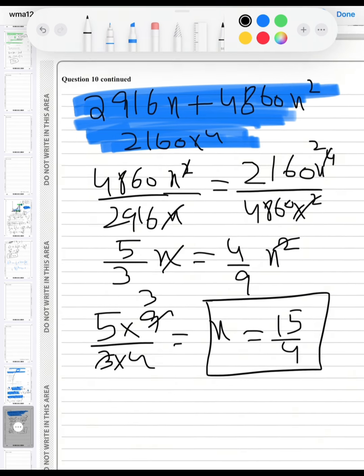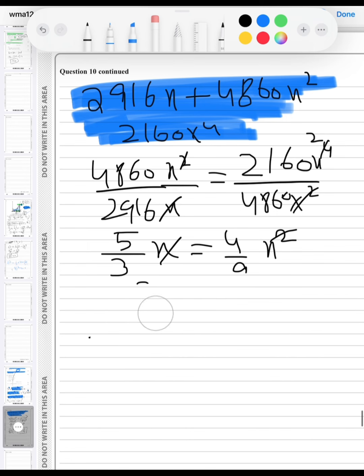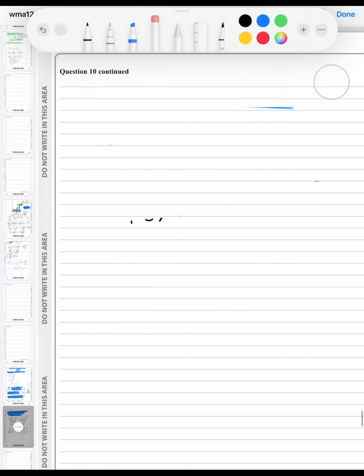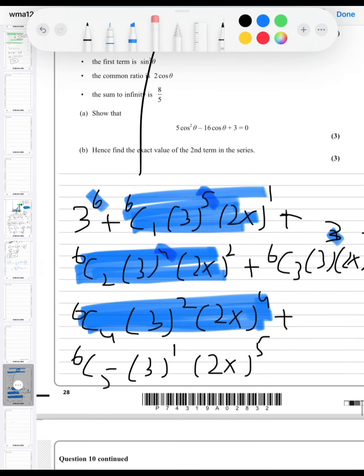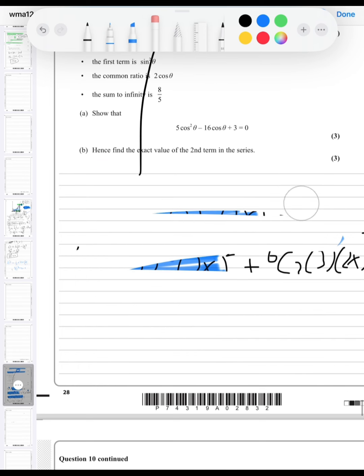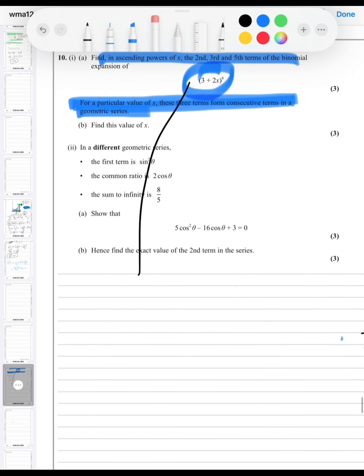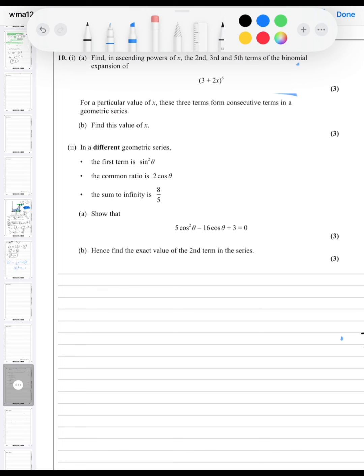Okay, so this is done now. The second part is done. 15 upon 4 is the answer which we got. Now moving to the next part. In the next part they are saying